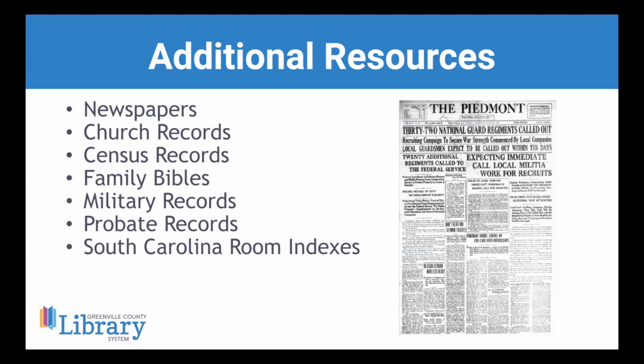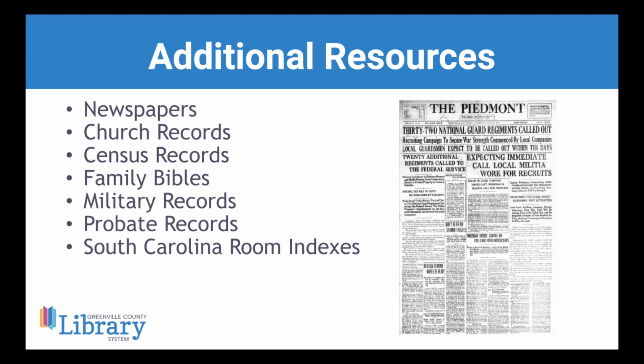Census records are always a great place to look if you haven't already, and can really kind of go through the life of your ancestor. Family Bibles, a lot of times births and deaths before they were required were just recorded in the family Bibles. I've seen family Bibles being used sometimes as proof of a birth when they didn't have any other proof. Military records can sometimes give that birth information, things like that. Other family members could be listed. Probate records, your wills and estate packets are a great place for information.